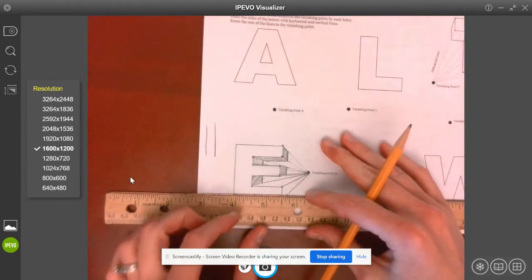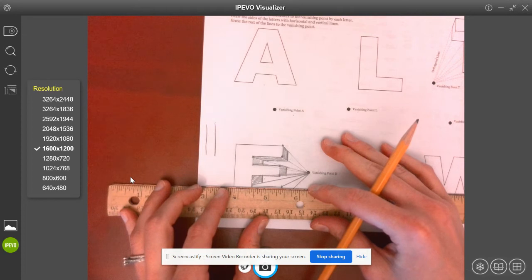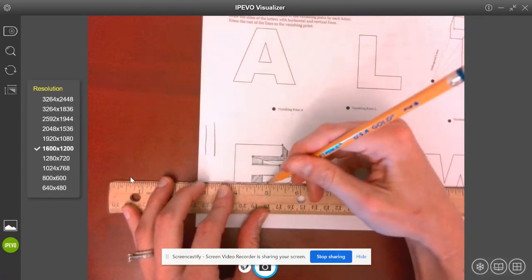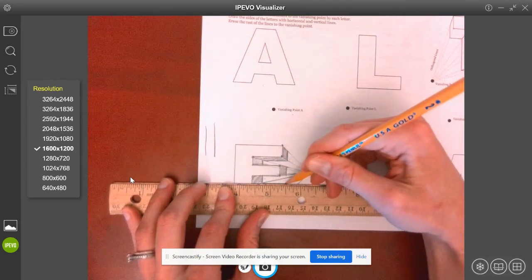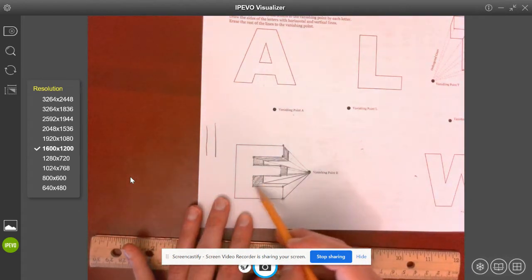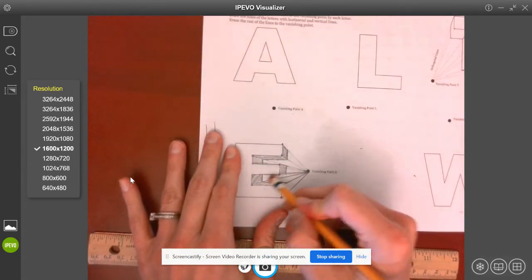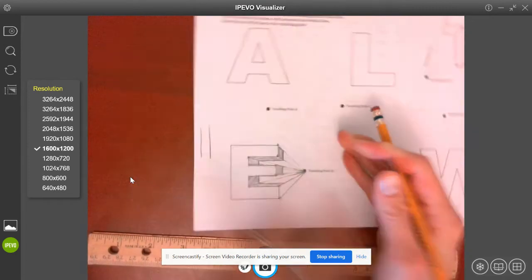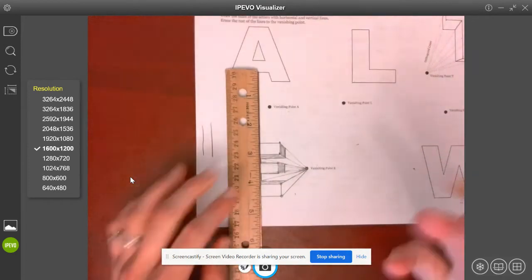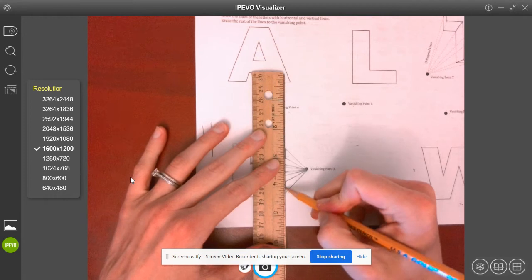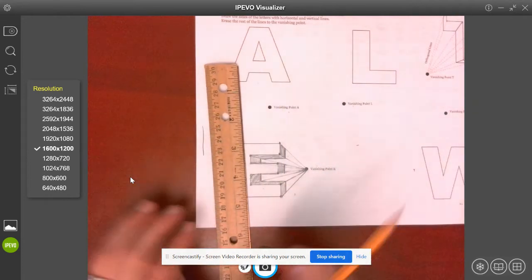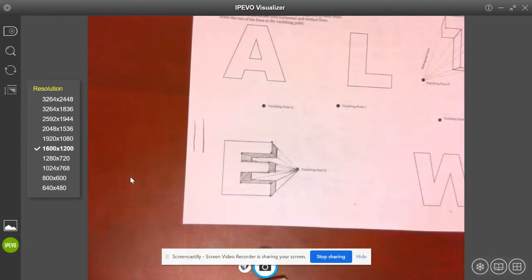I'm going to go to the next section of the E, put my ruler on the letter, move it up. Again, parallel line. Shade it in. Now I can erase this section. And then I'm going to go to this side of the E, move it over, and then I'm going to shade it in. Okay, so now I have the E